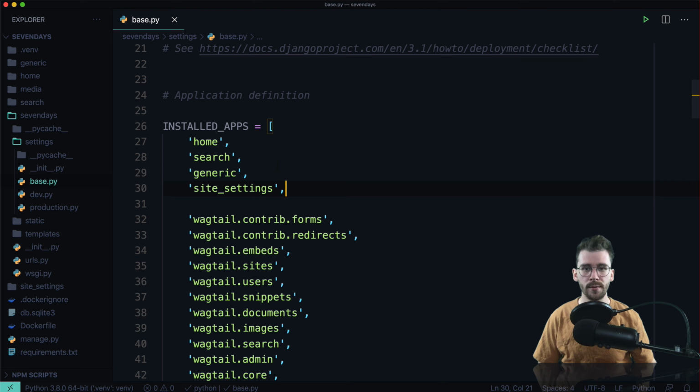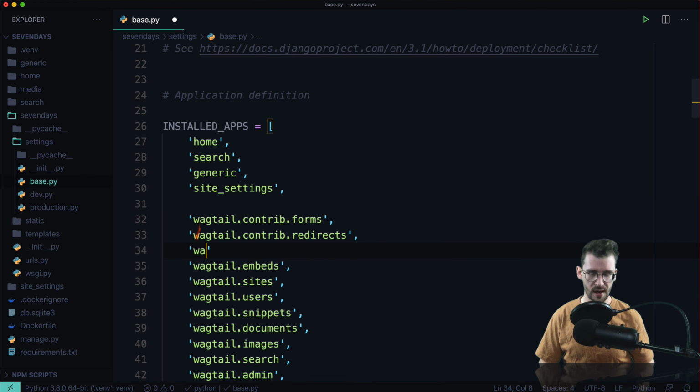site_settings. Now this is an empty app. There's absolutely nothing in it, and it's not going to do anything if we enable it. So at this point, it's kind of useless. We also need to do a couple more things in our settings though. We need to add